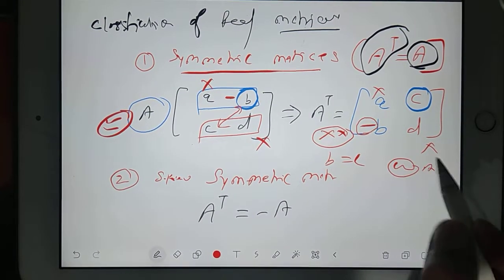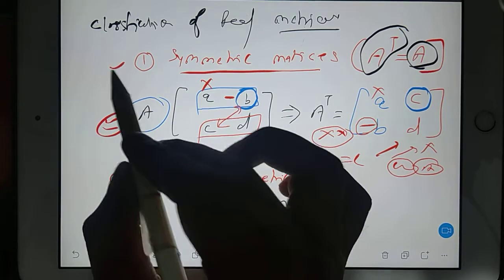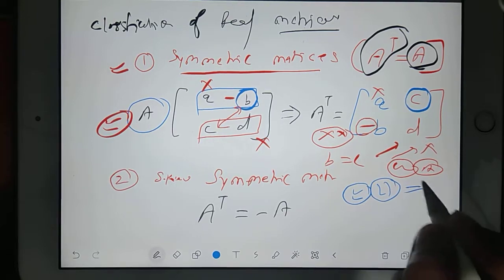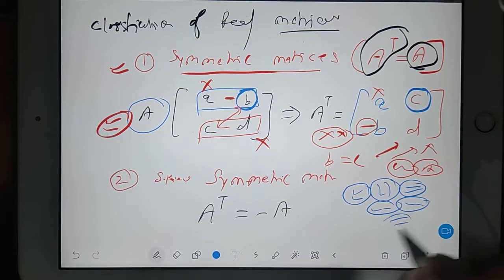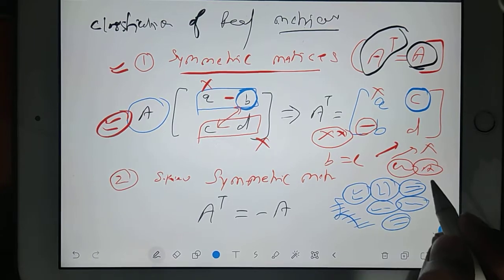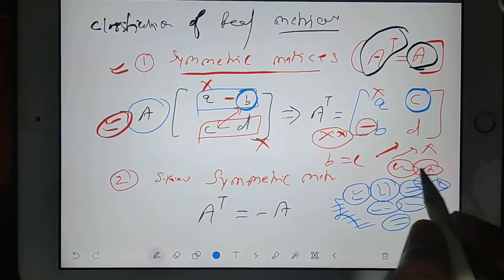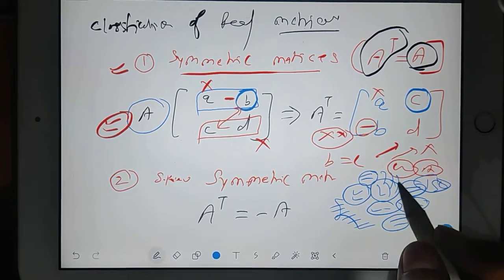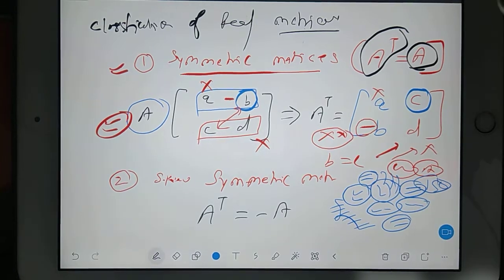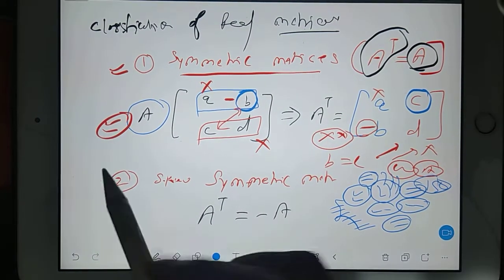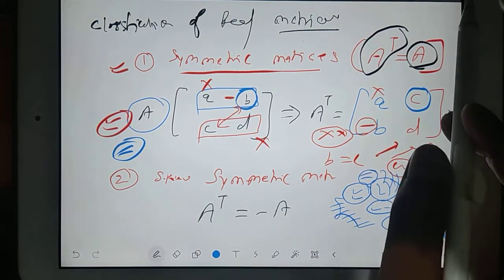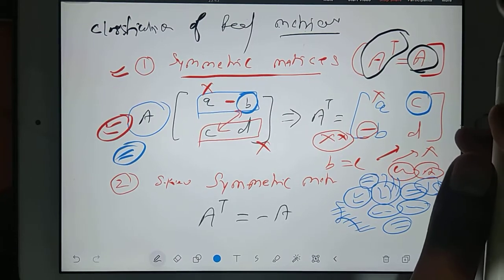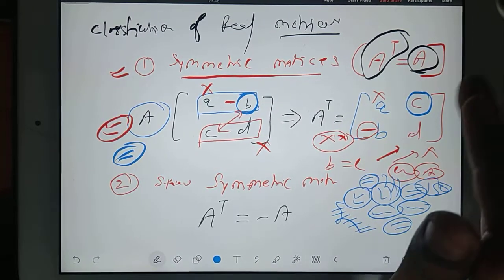In GATE Aerospace, one time they asked a very simple question based on symmetric matrices. Guys, I hope that after finishing this linear algebra chapter, you go to the previous year question paper. The entire solution is there. Complete every single question, roughly 150 questions. If time permits, every day 1 hour you should solve, or as per your schedule, but you should solve the complete previous year questions. They are sufficient. No need to go for heavy questions. It is there in the PDF drive, in the mathematics folder. You go and solve everyone.